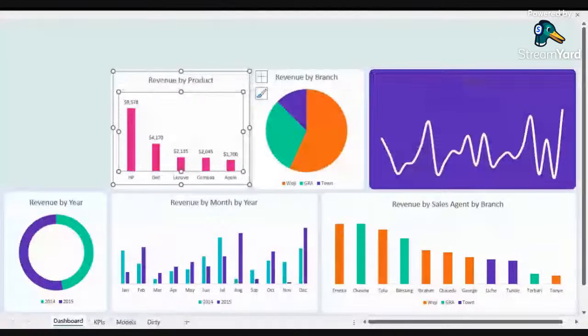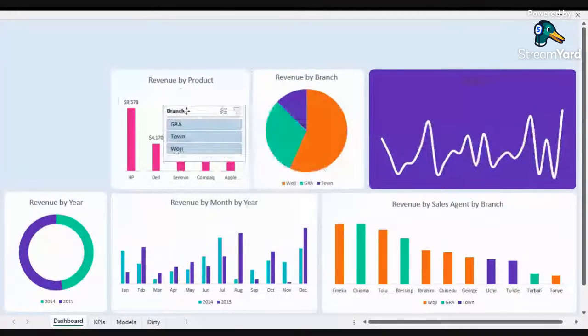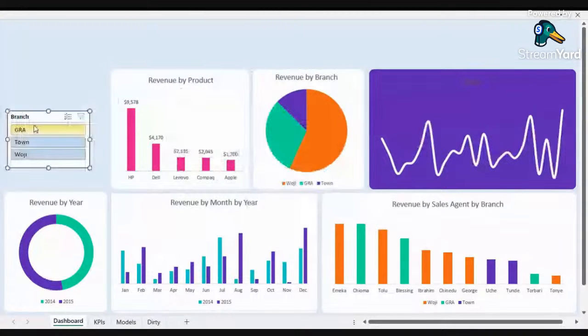So we'll bring a slicer for branches, and we can bring other slicers. But let's start with that one first, branches, and we just click OK. So this is a branch now. Now, if I click on this slicer, you can see it controls one branch, meaning GRA,